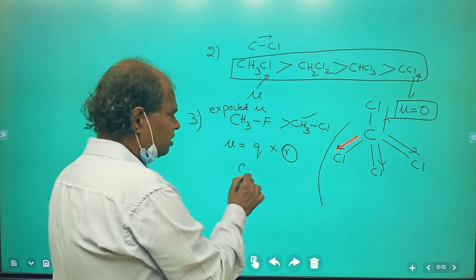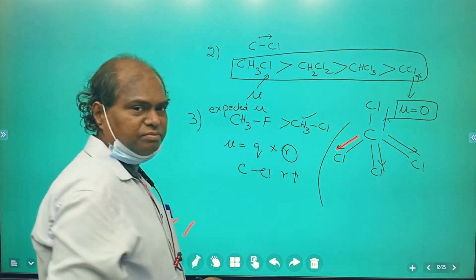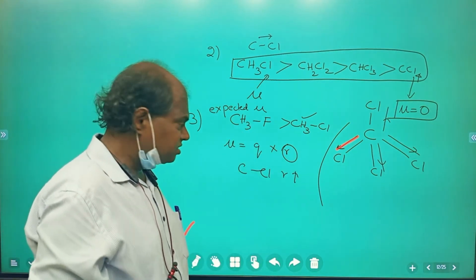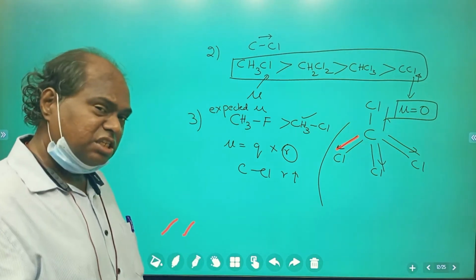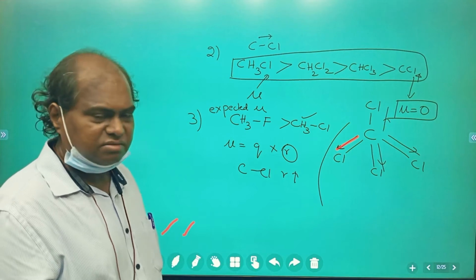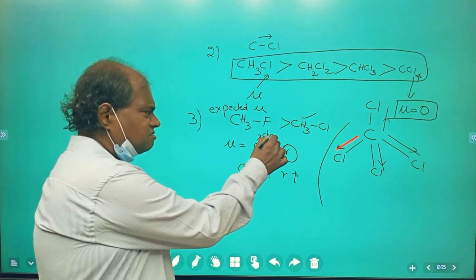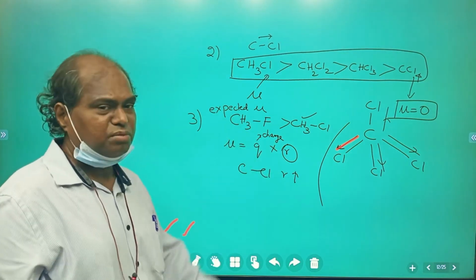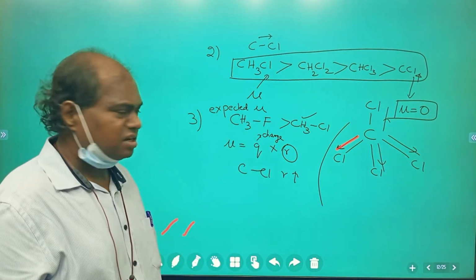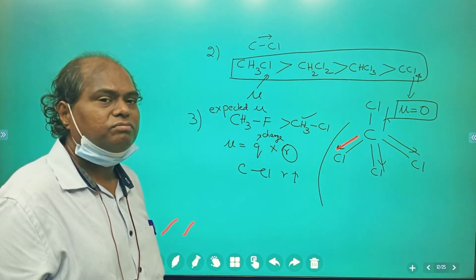Okay. The carbon-chlorine bond length is high compared to the C-F bond. Please understand, distance wise, that's high. Now, the distance factor dominates the charge factor. This is charge actually, right? Clear? So it depends upon which factor. In this case, the distance factor is very dominant compared to the charge. Charge wise, if you see, the C-F bond will be better.